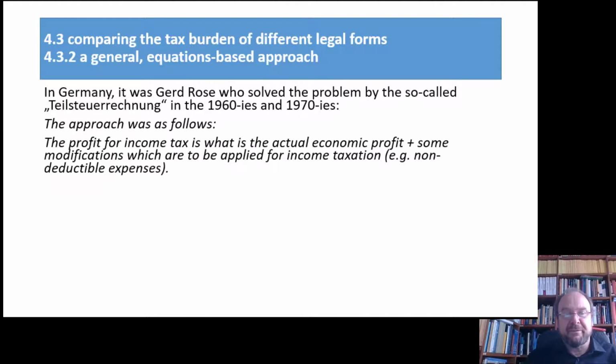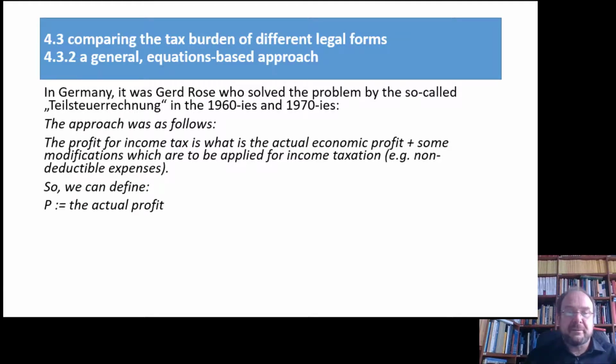He said the profit for income tax is what is the actual profit from an economic point of view, plus or minus some modifications which are added for income tax only. For example, the non-deductible expenses are added to the profit, the tax-free parts of the profit are deducted, and so he said